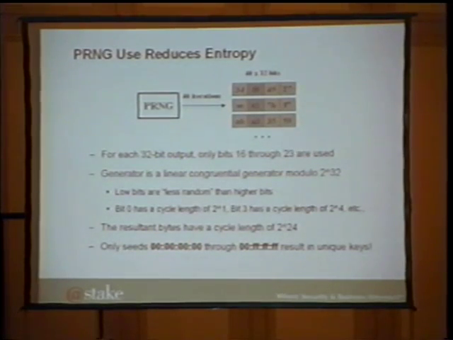So if you pull 3 numbers from the generator and look at only the lowest bit, the 3rd bit that you get out will be the same as the 1st bit that you get out. And also, if you look at the 4th bit, it'll cycle with a cycle length of 16, or 2 to the 4th. And so these values that we're pulling out from bits 16 through 23 have a cycle length of 2 to the 24.